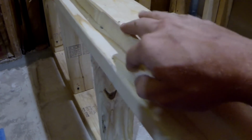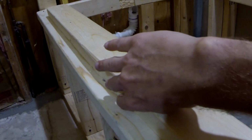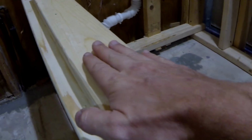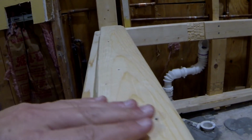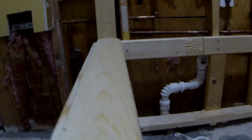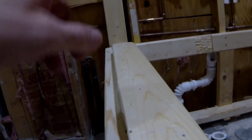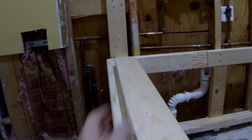I've added an additional 2x4 on the left side of the bathtub. The bathtub goes around it, and the flat part of the top of the bathtub is going to be supported by this piece, because there is an angle going inside of the bathtub. I had to shave the top to the shape of the curve, and this will give me additional support on the top of the bathtub. And I'm doing this because I'm going to mount a frameless door right on the edge of the tub, so this thing will be